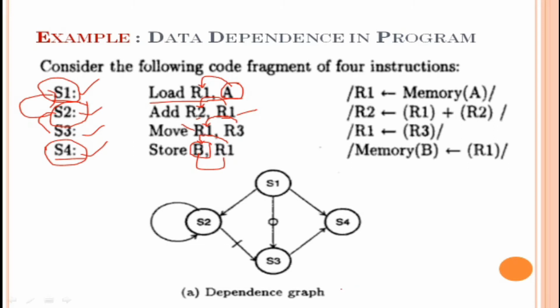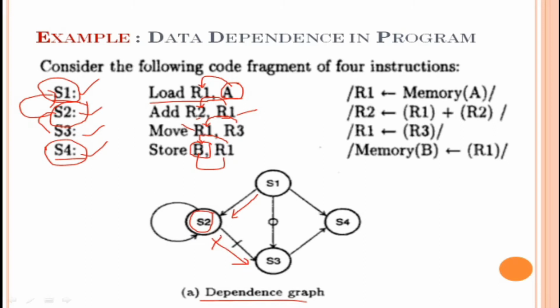Now you can see the diagram, that is a dependence graph. So we can plot the graph as S2. This S2 is flow dependent on S1, and S3 is anti-dependent on S2, right? So this is the flow dependency and this is the anti-dependency statement, which is indicated with this type of